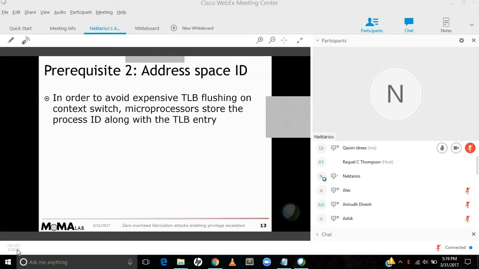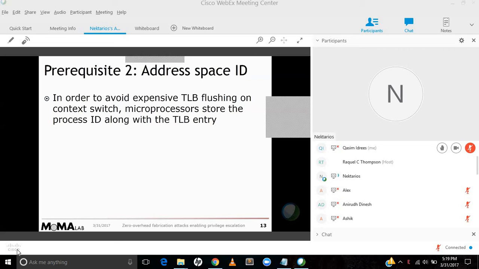Because modern operating systems use virtual addressing, a translation look-aside buffer allows you to store frequently used pairs of virtual addresses to physical addresses. But every time you do a context switch, which is when you change from one process to the other,